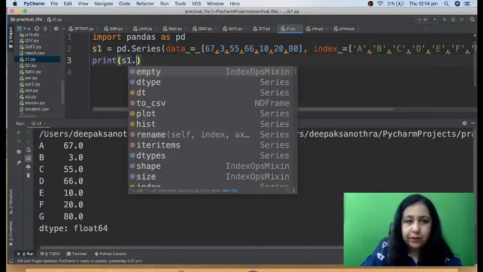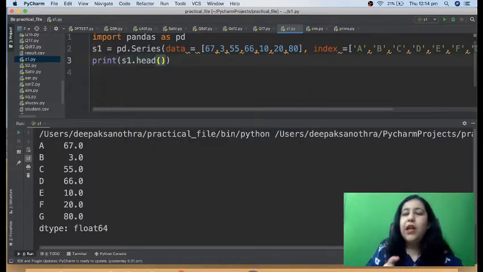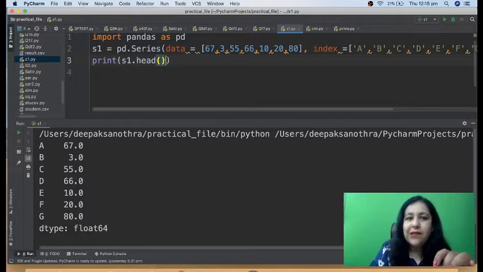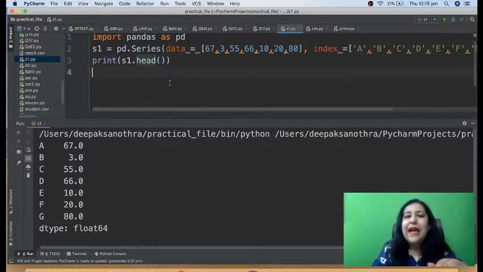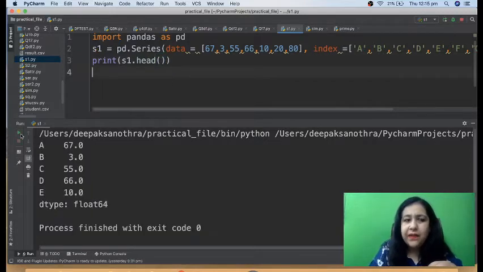Now what I'm going to call is s1 dot head. Now always remember, when you write an attribute, you don't write the round brackets after that. Clear? So when we use an attribute, like in the previous class we used dtype, size, nbytes, ndim, anything, but we never put a round bracket after that. But in case of functions, you will always be putting this set of parentheses where you might give a value between the parentheses or you might not give. For example, in head, if I'm not giving and I run this, I'm getting only the first 5 values, right? So by default, head will display just the top 5 values from the series.